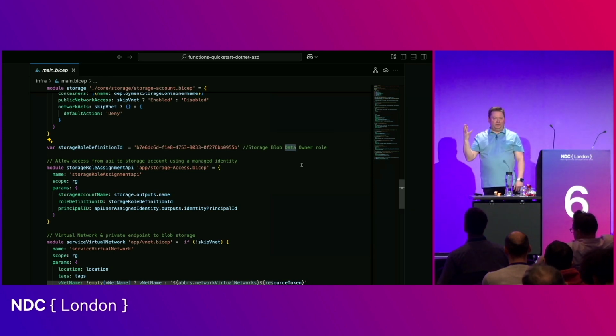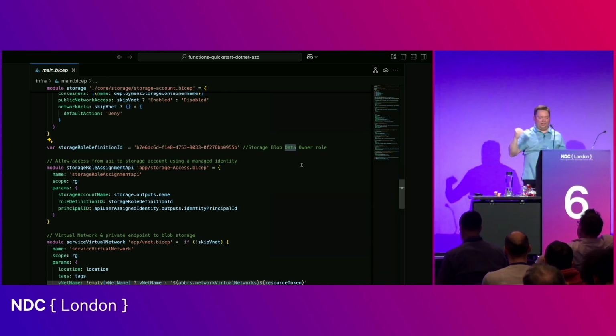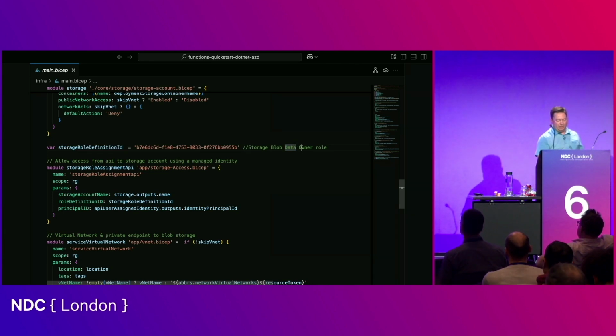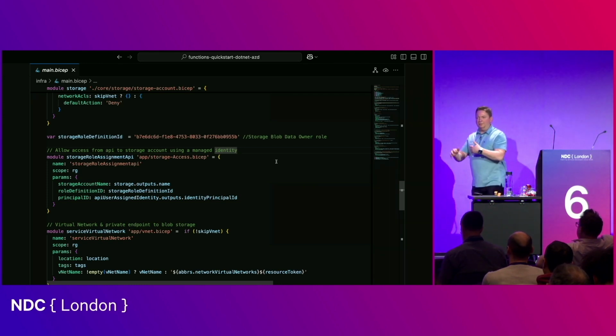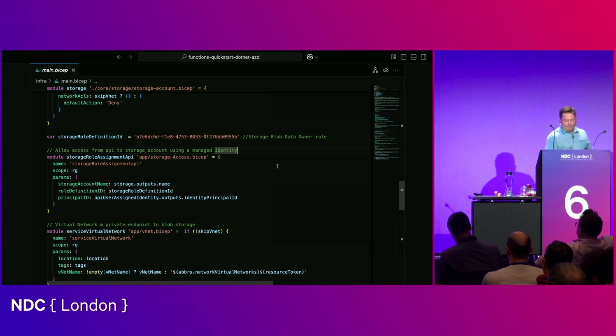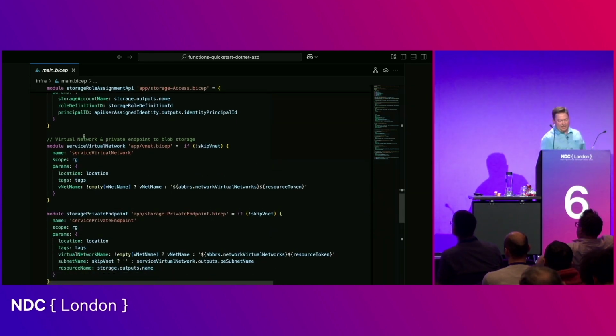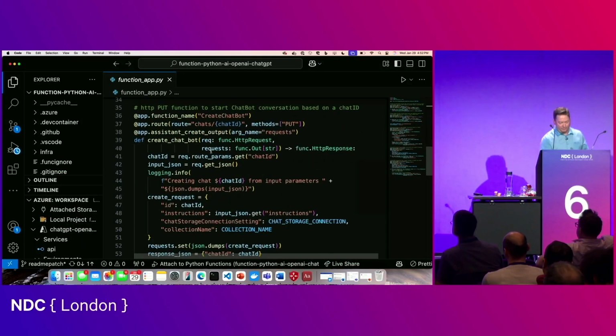So if I have owner, owner's not good enough. All owner means is I'm an admin of that resource and I can change properties, like management properties. But if I actually want to access the data, I'm looking for a role that has a data access role. So this one gives me data owner, meaning I'm data read-write. And I do need read-write because I'm reading and writing the state of the function over and over again rapidly, and I need that read-write capability. And then we're going to set up a VNet. I promised you I'll dig into that later, so we won't worry about that right now.